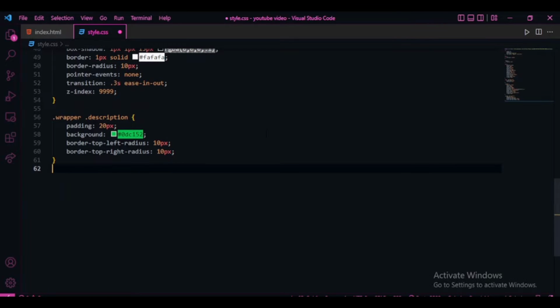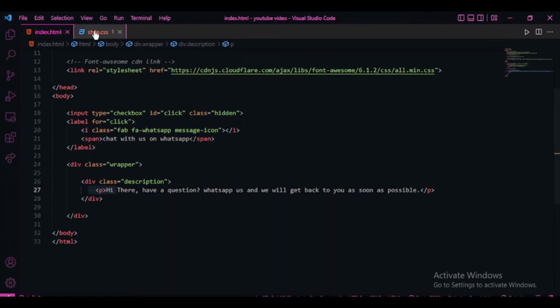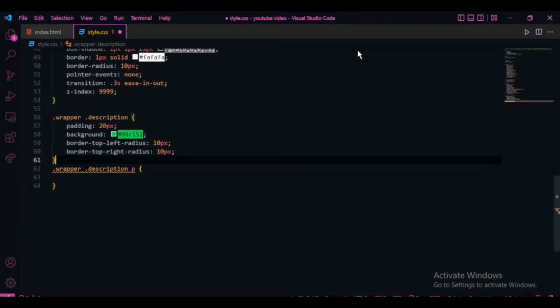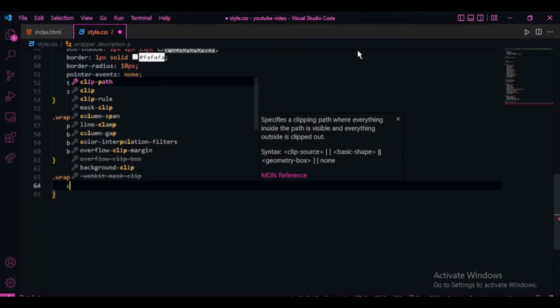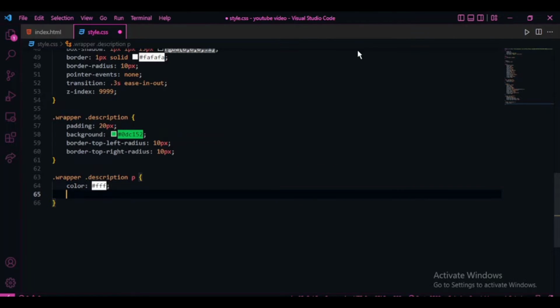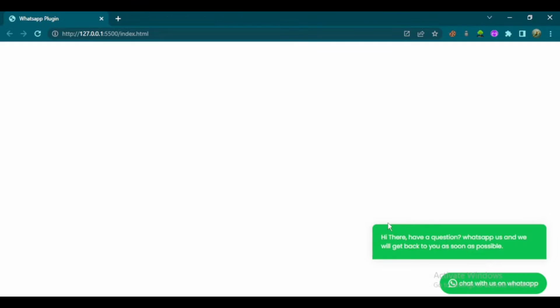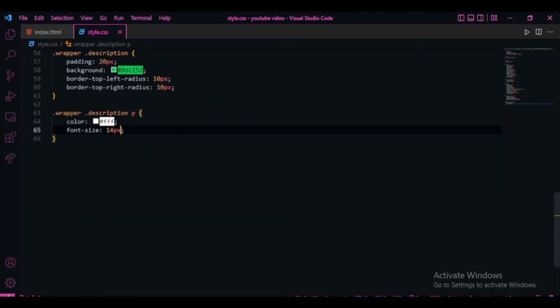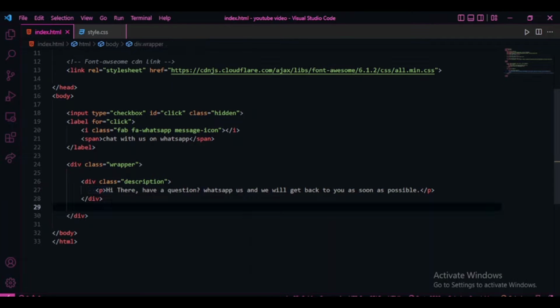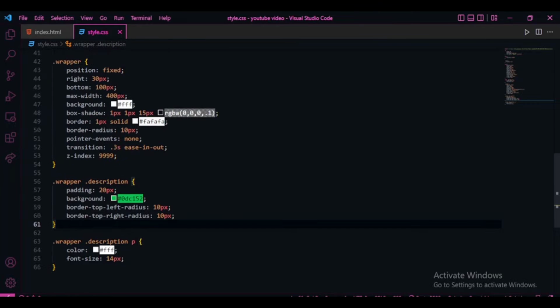So we can target the p tag description, and in the description we have a p tag, and color hash FFF, font size 40 pixel. Here you can see I have a description. After that, we can add a link, and before adding a link, we can add another thing in the